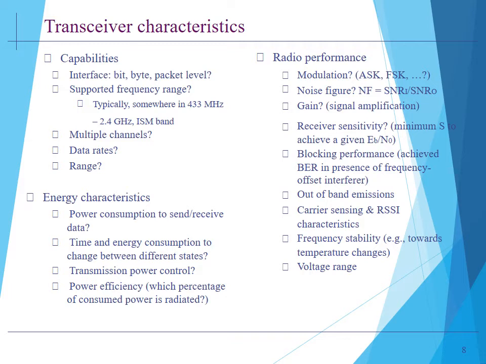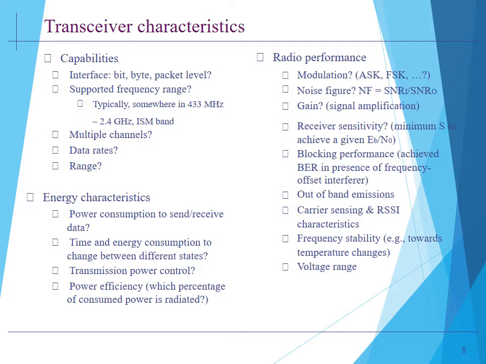The receiver sensitivity needs to be at a minimum, as it is the signal power the receiver needs to achieve a prescribed bit error rate in the presence of noise. And the range of the transmitter should be very clear, as the range is to be decreased to reduce interference.